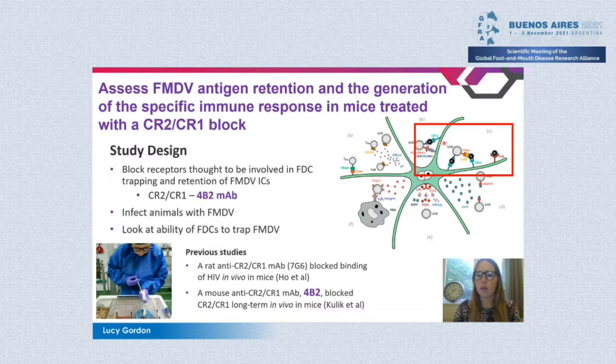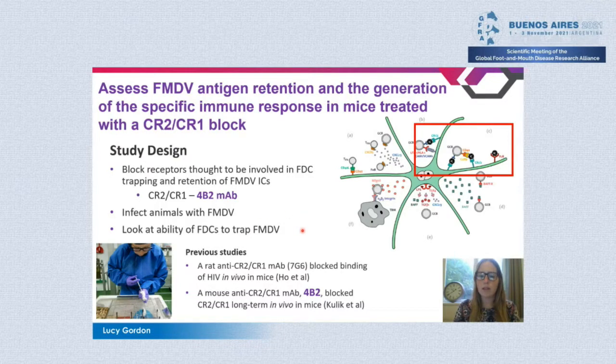So here is a schematic of an FDC, and in this teal-like colour, these are complement receptors 1 and 2, and they are responsible for trapping immune complexes presented predominantly via germinal centre B cells. So the design of the study was to inoculate mice with an anti-complement receptor monoclonal antibody named 4B2, and then the following day infect animals with FMDV, and then look at the ability of FDCs to trap FMDV up to